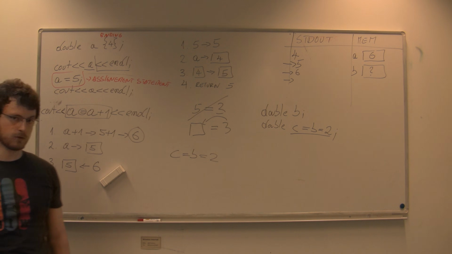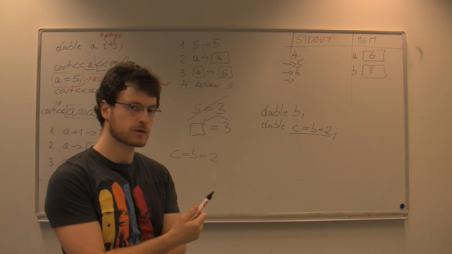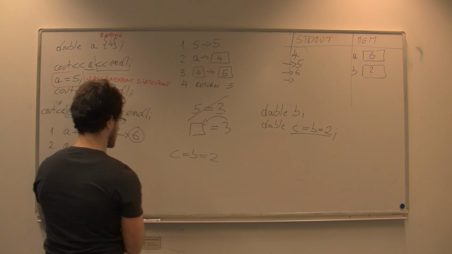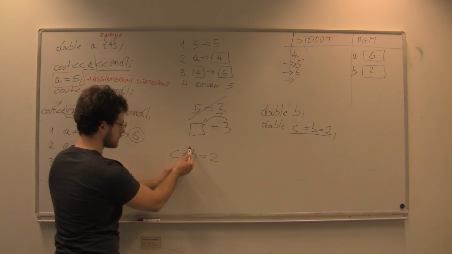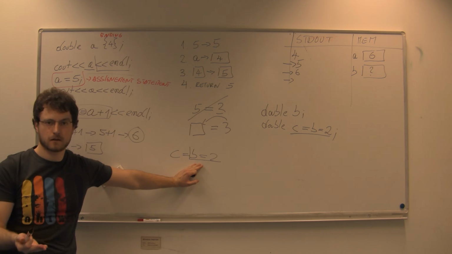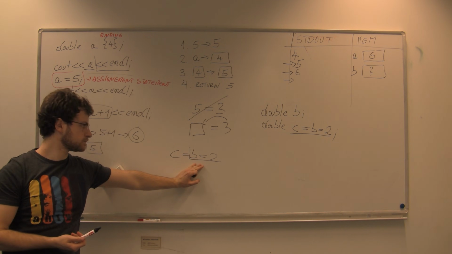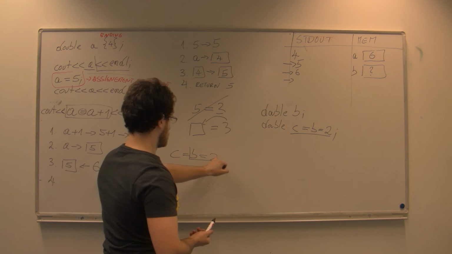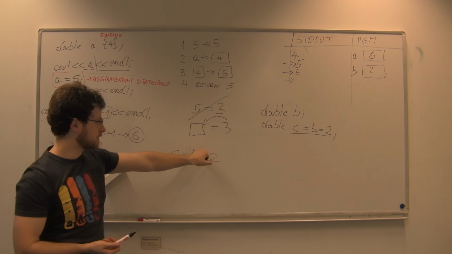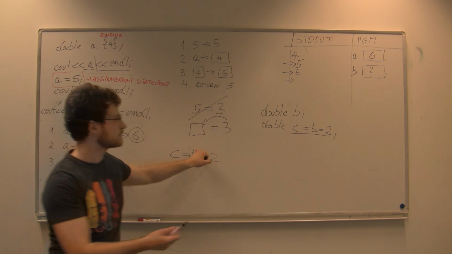If you remember the rules of evaluation, the first rule was to evaluate the right-hand side of the expression. And the right-hand side of the expression is this. So the right-hand side is an assignment expression. Then we evaluate the right-hand side of this expression, assign it to the variable b,